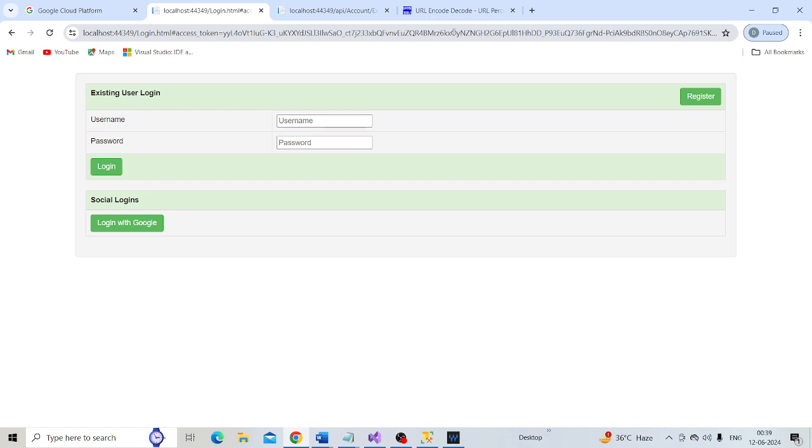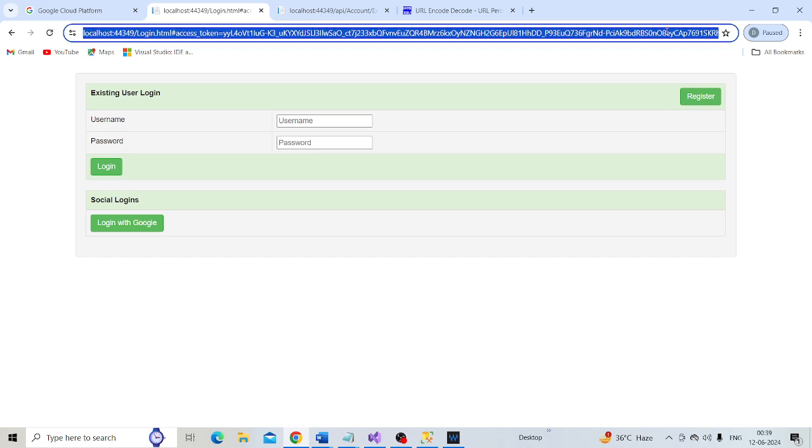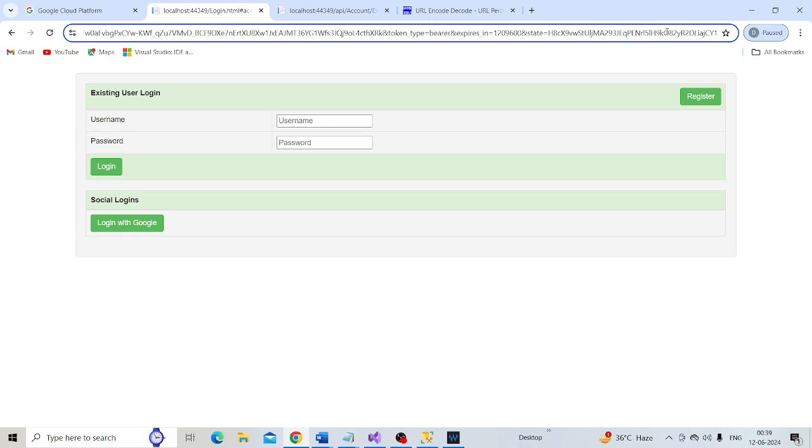Notice here we have token type, expires in, and state.